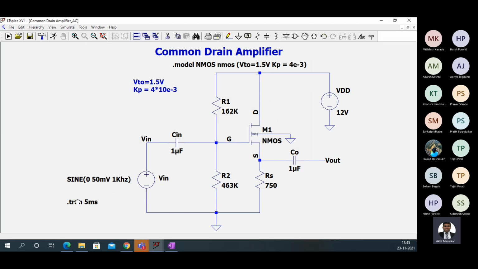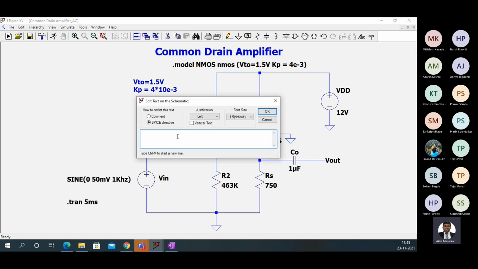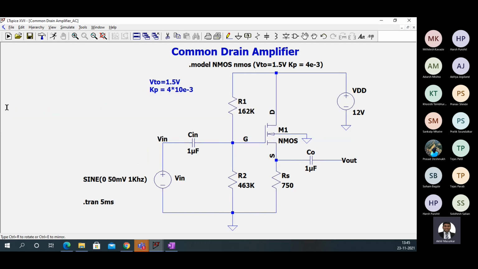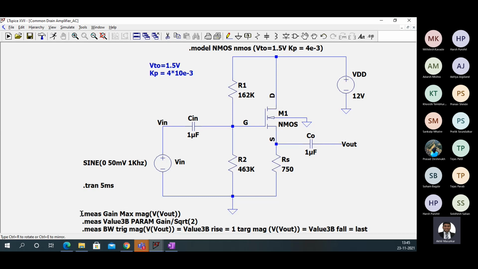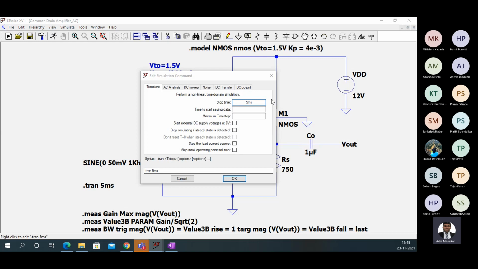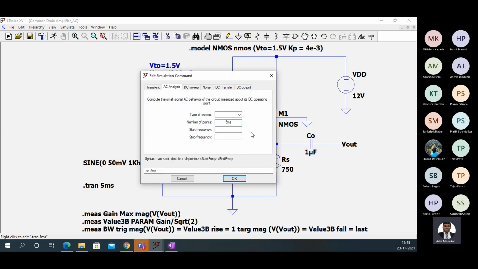I have renamed the file, and like I told you, I don't like to measure everything manually, so we are going to write straight away a command to calculate the gain. I have already shown you this command, that is the .measure command. Instead of a transient analysis, now we'll go for an AC analysis. Here we have decade, number of points let's say 1000, start frequency 1 hertz, stop frequency 100 megs.